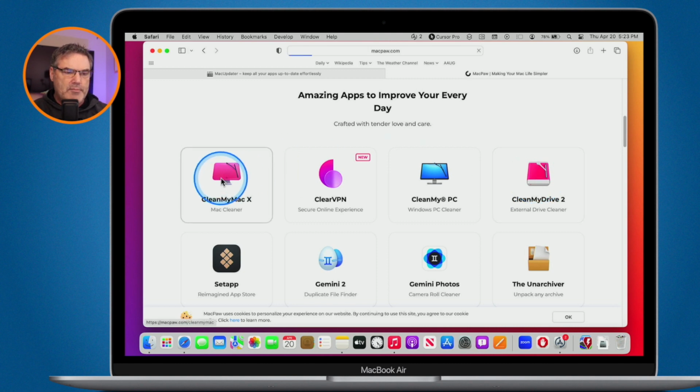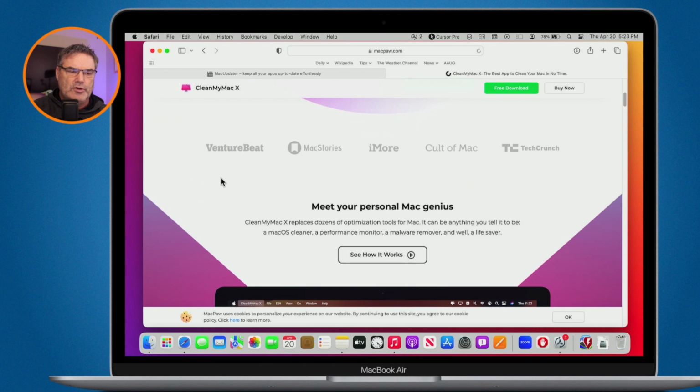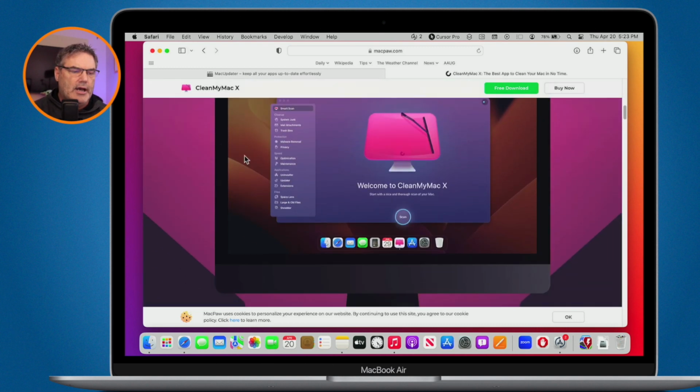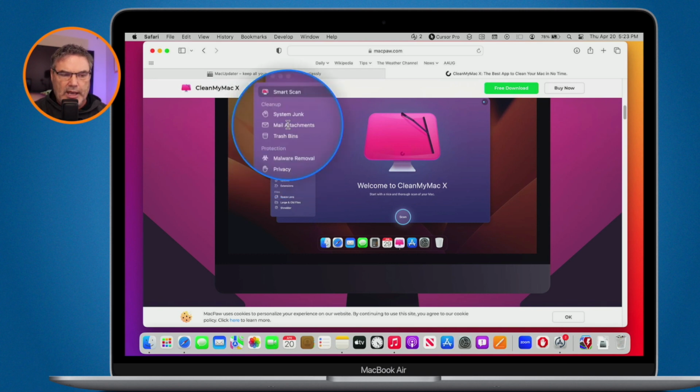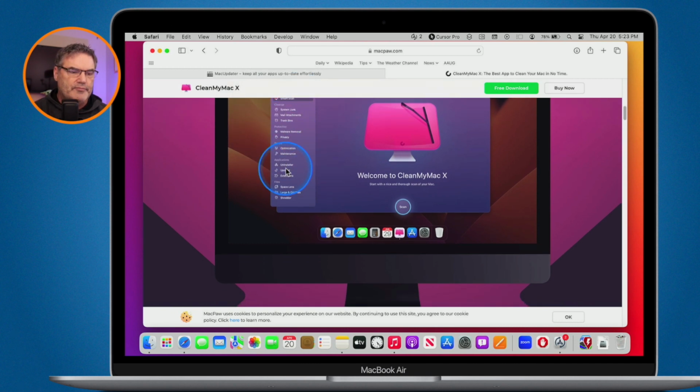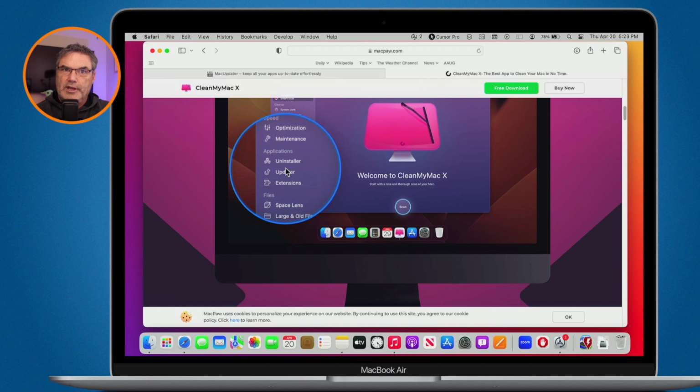Well, one of them, CleanMyMac, what this does is this will run stuff in the background. We have malware removal. It will scan through your mail attachments. It'll get rid of system junk, cache files, things like that. Has an uninstaller. So we know that when we remove an app, all we have to do is drag it to the trash. Well, really, that's not uninstalling it. It's uninstalling the application, but it's not uninstalling all the preferences and things like that. This uninstaller will go and find all of those little dependent files and remove those as well. So it's more like a full-blown uninstaller.